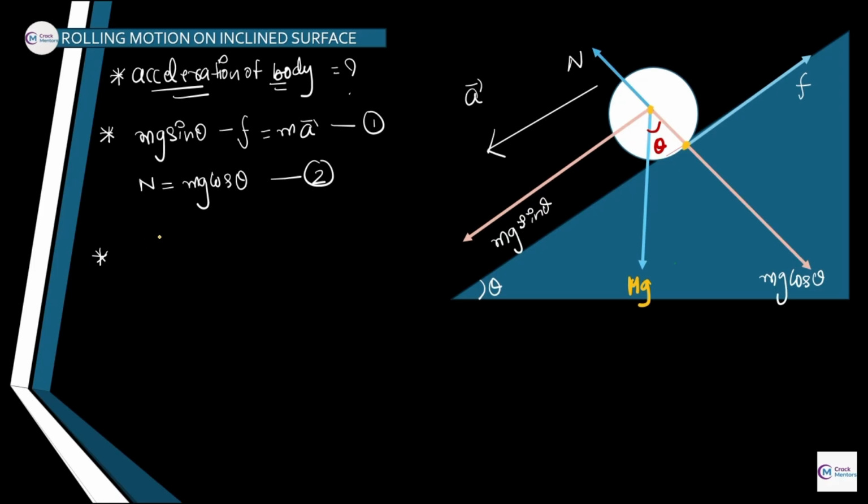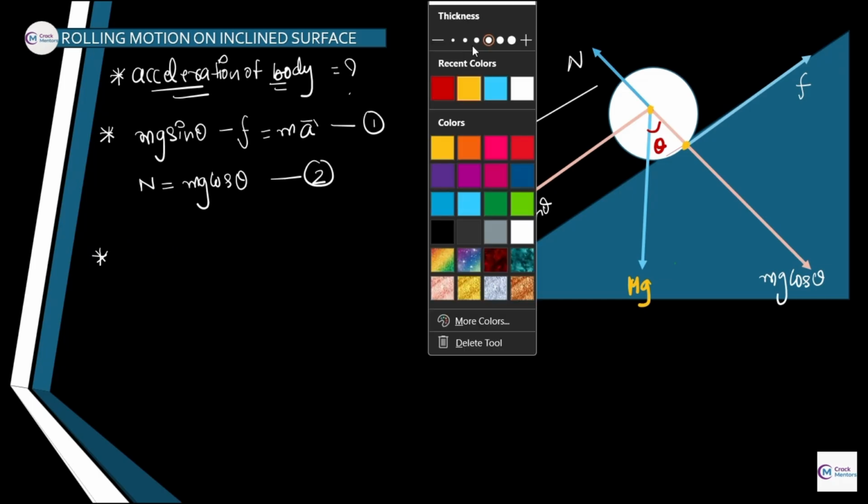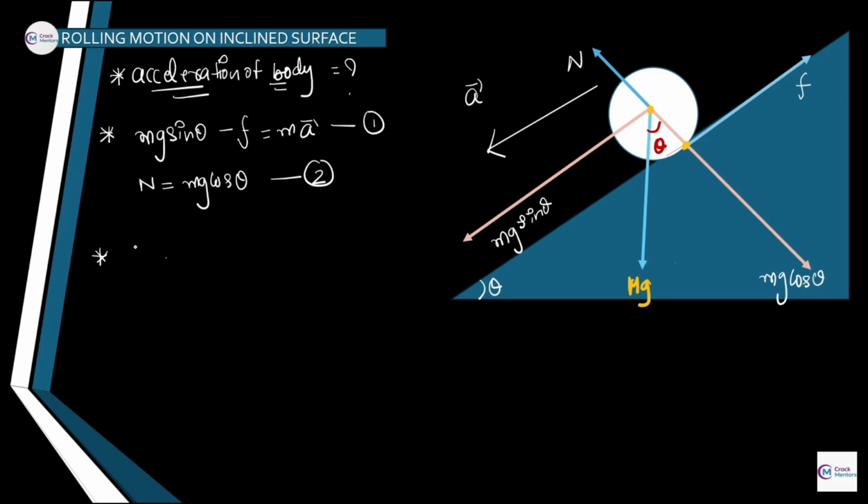Okay, from where we are going to find out the torque. Basically, we are going to estimate the torque about the axis of rotation. The axis of rotation is marked with yellow color at the center. Tau is equal to I alpha, I have written it right here, and this is the axis of rotation. About this axis of rotation, the value of torque will be taken.